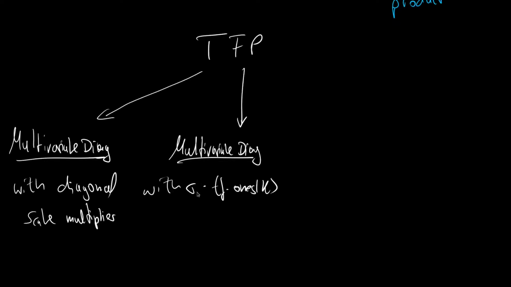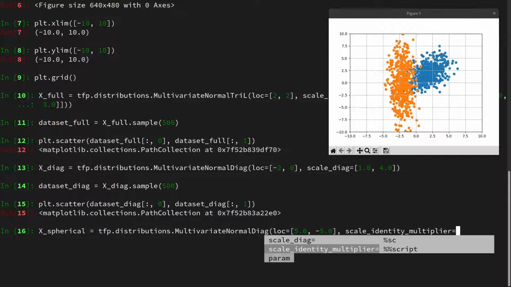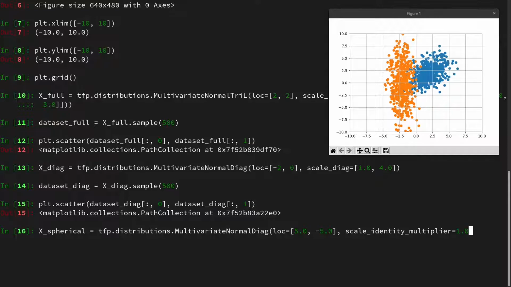We call this again for the standard deviations. And lastly, I also want to show you something else, which is by the help of the independent distribution of a batched normal distribution. Then let's define the x spherical as tfp.distributions.MultivariateNormalDiag. Let's center it at 5.0 and minus 5.0. And then there is the option for a scale identity multiplier. Here I will choose 1.0, a unit variance, a unit standard deviation, or even unit precision for all